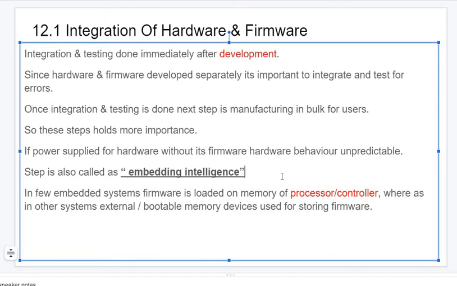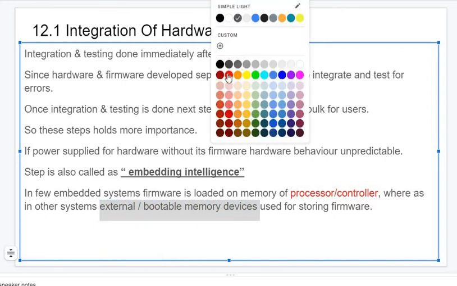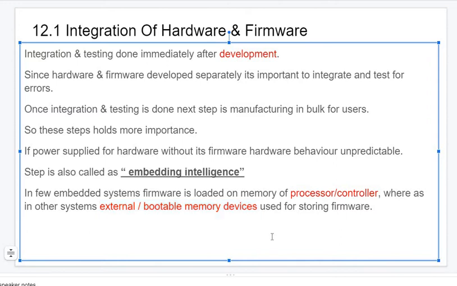But if the firmware is very large, then we should use external bootable memory devices. The general first preference of bootable memory device is the hard disk.